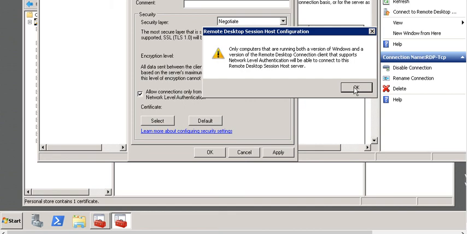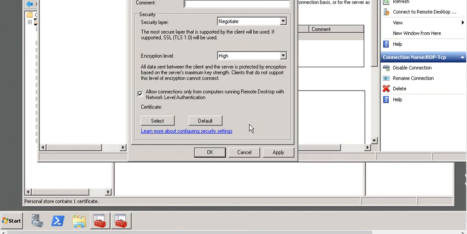Only computers that are running a version of Windows and a version of the Remote Desktop Connection client that supports network level authentication will be able to connect to the RDP session, right? So we have made two changes here. First is the encryption level and second is the network level authentication. See,